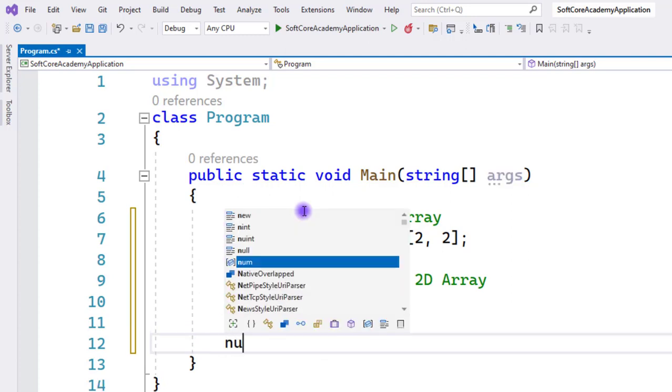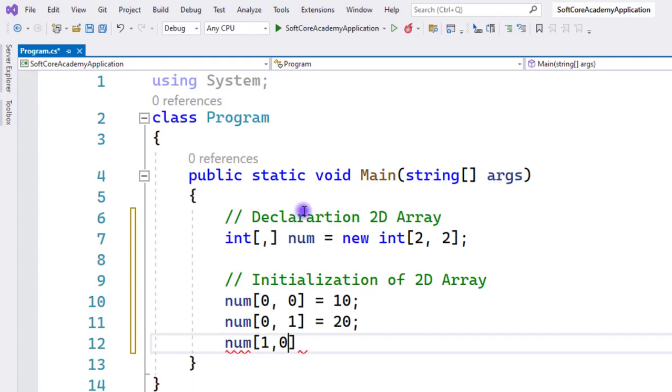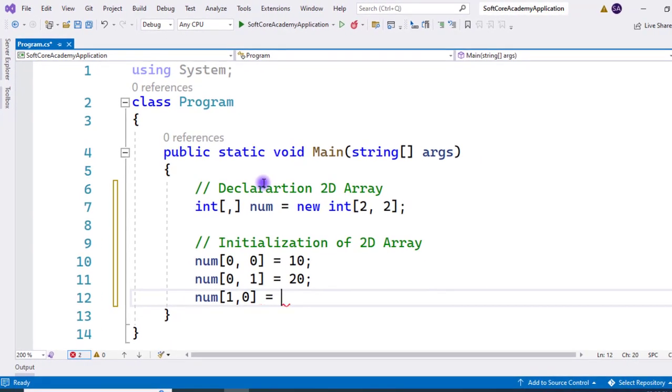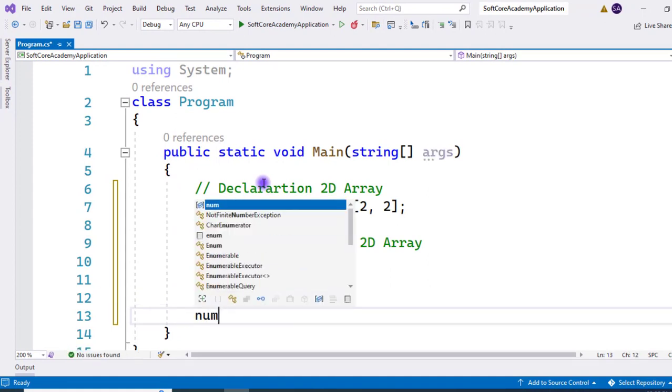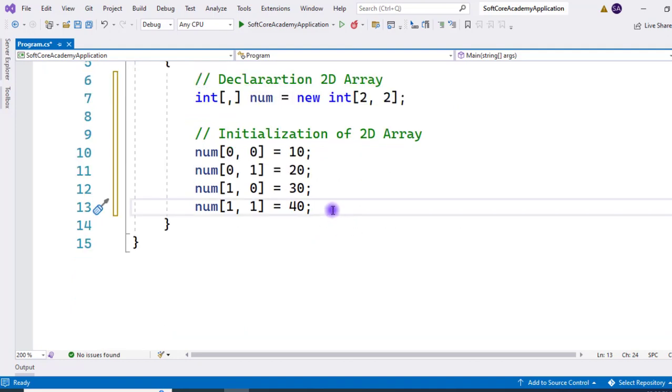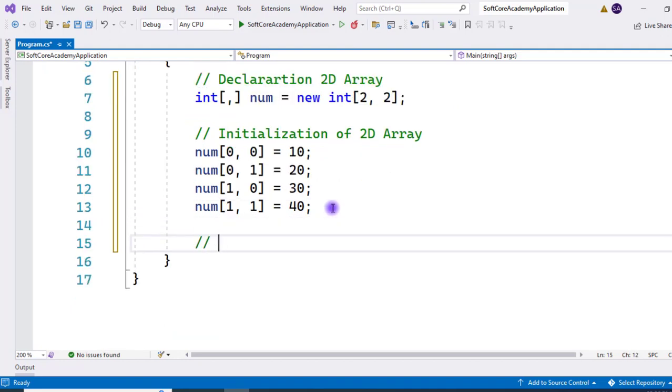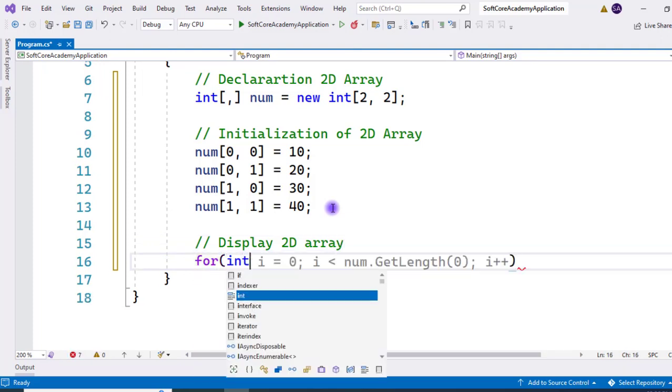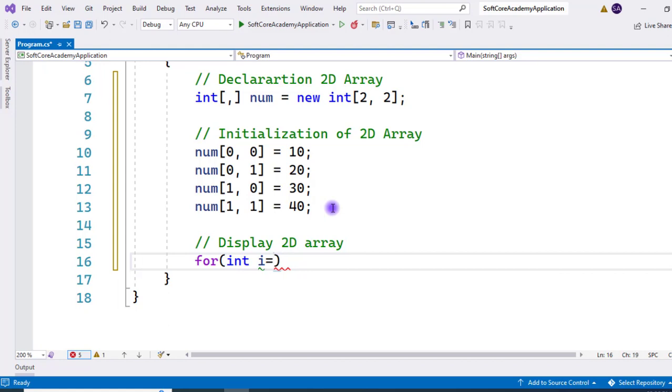Then num of 1, 0, which is my second row, first column. I am giving a value of 30. Then num of 1, 1, again 40. In this way we initialize the two-dimensional array. The third step, we display the 2D array. To display the two-dimensional array we write first i equals 0, i less than 2, and